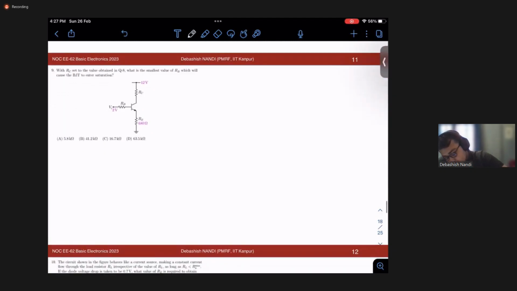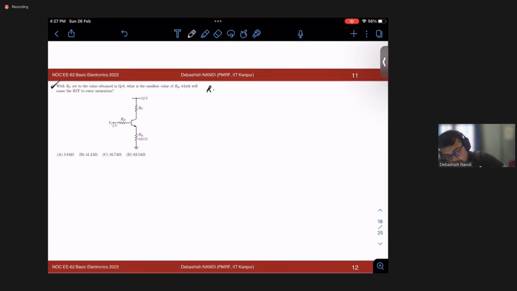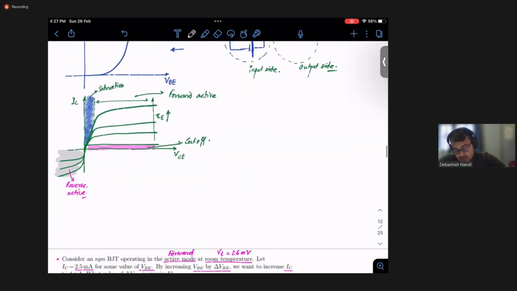So now we want to find out what RC value was obtained at Q8, right? RC we found as 6.8 kilo ohm just now, 6.8 kilo ohm. What is the smallest value of RB which will cause the BJT to enter saturation? BJT at saturation, see, let us go to this plot, right? Say this is after this,